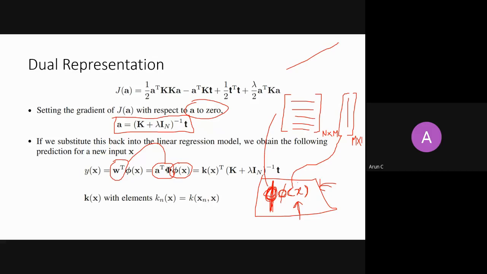That is fine. An n into 1 vector is fine, but can anybody interpret that vector? What is that vector actually? What is each entry telling us in that vector? Each entry has some meaning here. What is that meaning?